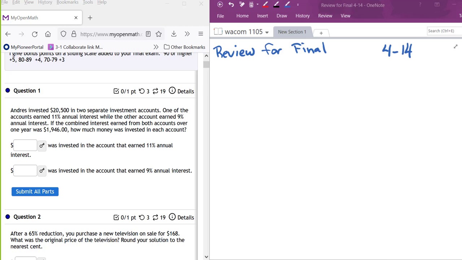I picked out 4 problems from the review that I sent you guys in Myopenmath, and the others I was going to do from that 100 problem review, just because it's multiple choice and that's what your test is. It's real hard to make a multiple choice review, and so that's why I didn't try to do that in Myopenmath. So if you want something else, just please feel free to pop in and let me know. Okay? All right, so